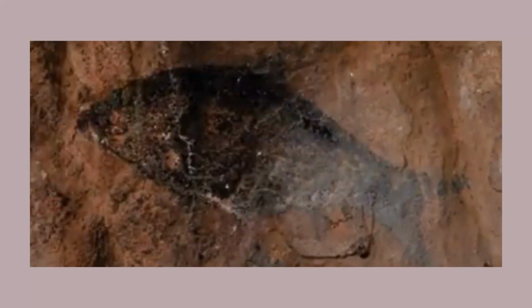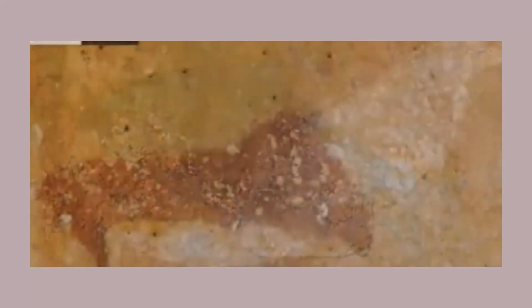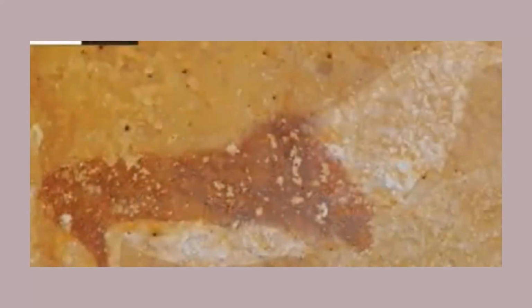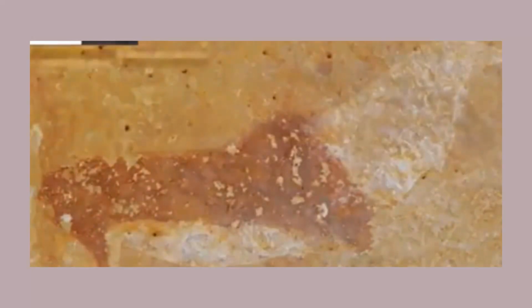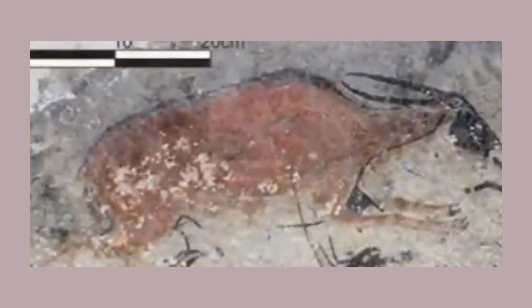The San language is characterized by the use of click sounds, which are produced by clicking the tongue against the roof of the mouth. Some parts of the culture and language still survive to this day in their native Southern Africa. San rock art is a form of prehistoric art that was created by the San people of Southern Africa